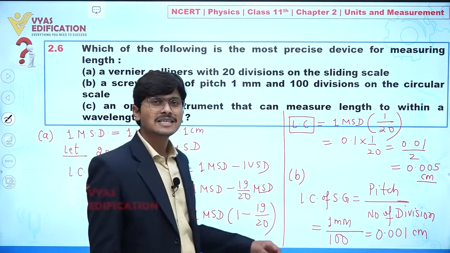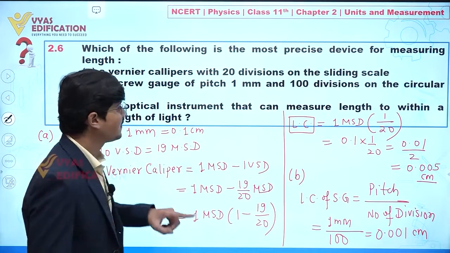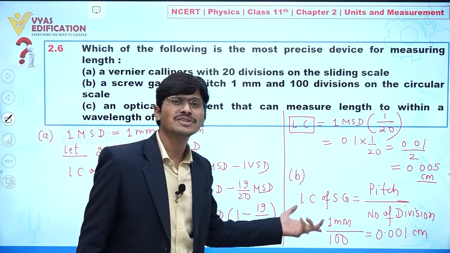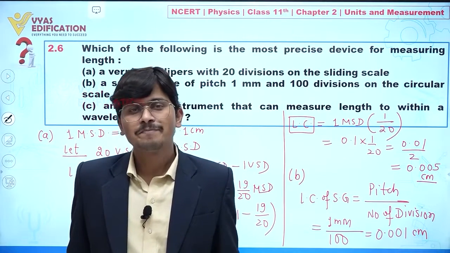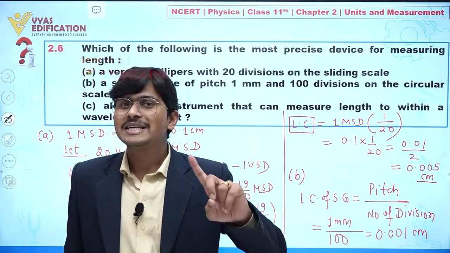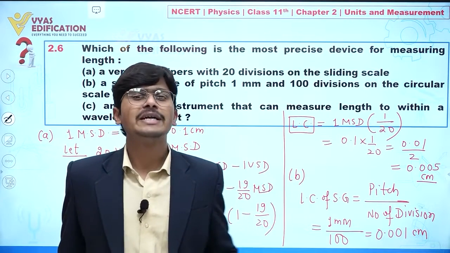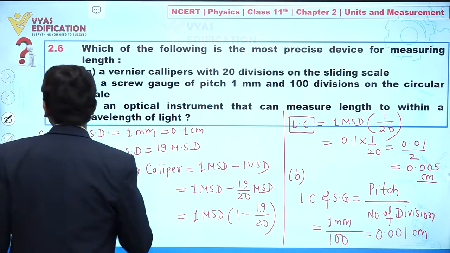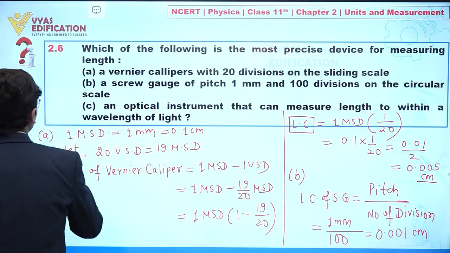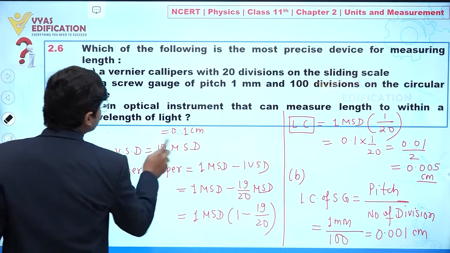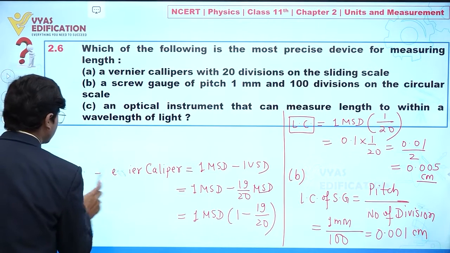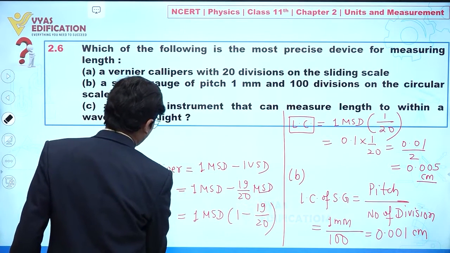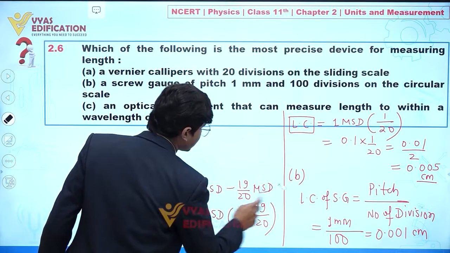If we compare A and B, the least count is smaller for the screw gauge. So we can say the screw gauge is more precise compared to the vernier caliper. But we have to check option C also. So if we talk about option C,